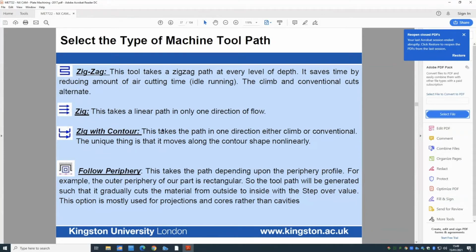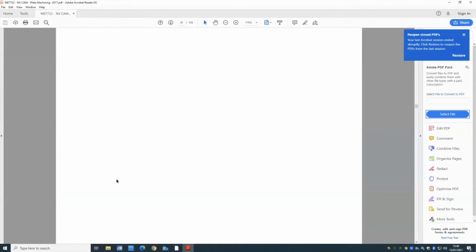And also you have the zig with contour. You will do that later, depending on what you're doing in the modeling. For instance, if you want to do a cutting which gets near to the ball, you do the follow periphery, for instance. If you want to,